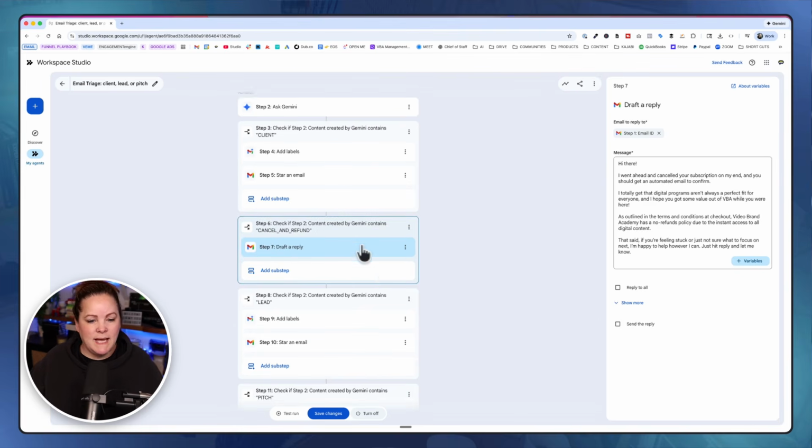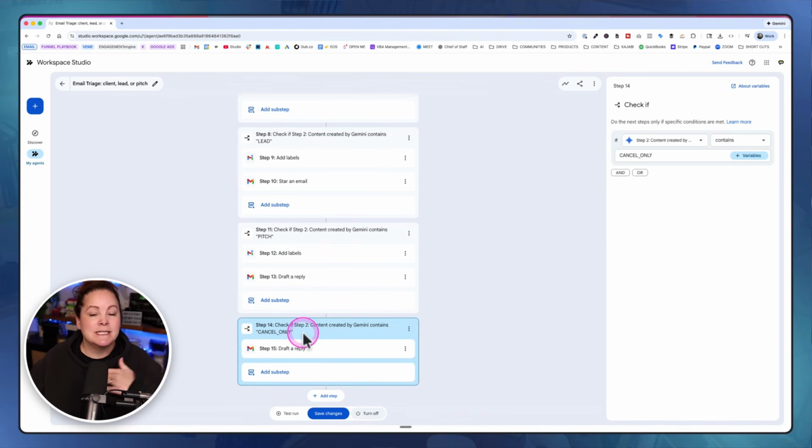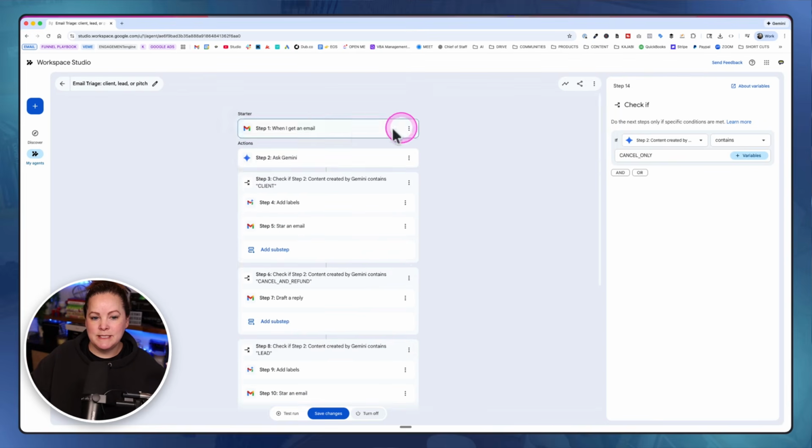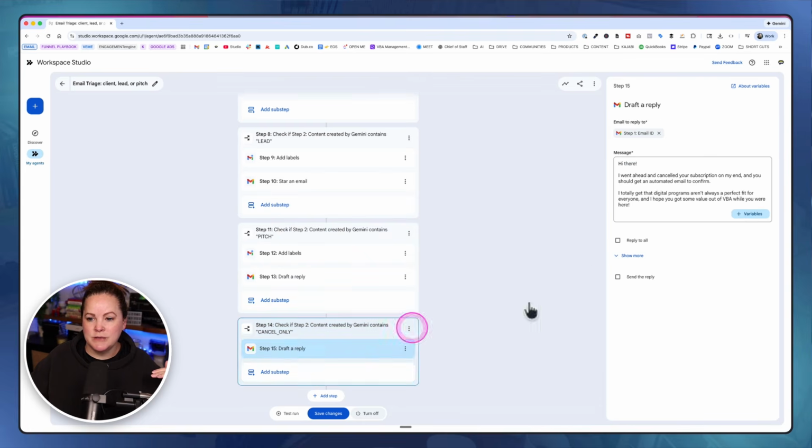It doesn't send it. And I added a step way down here at the bottom, which is very similar, but it's just if in step 2, Gemini determines that this is just a cancellation request, then we're going to draft a completely separate reply. It's basically very similar to the refund request, it just doesn't have the bit about the